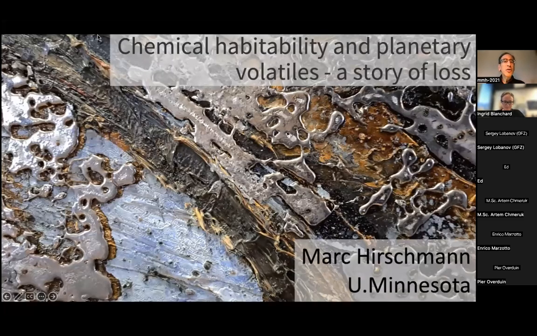Okay, so my topic today has to do with chemical habitability. That's something I will introduce briefly, but really what I'm going to be talking about is two different related themes that have to do with major volatiles in the Earth. First of all, their distribution in the present day Earth and what that might mean. And second of all, how Earth acquired its volatiles. And the real emphasis, I will be mentioning others, but the real emphasis is going to be on carbon.